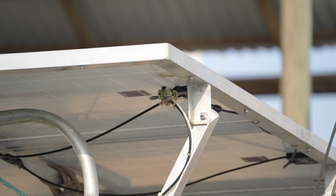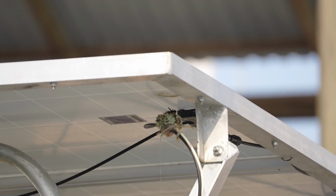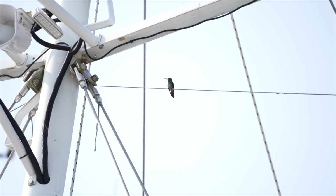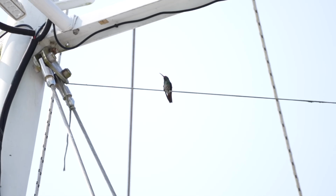This baby hummingbird, precariously perched over the water on the bottom side of the solar panel, was watched over carefully by its mother until the next morning when I noticed that the nest was empty and hopefully the fledgling had